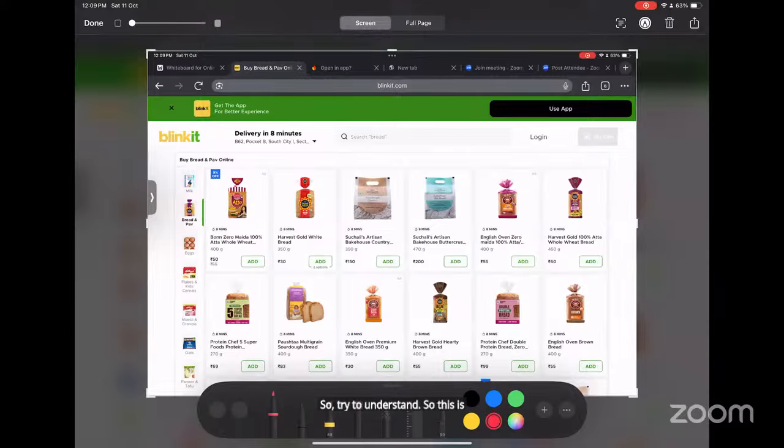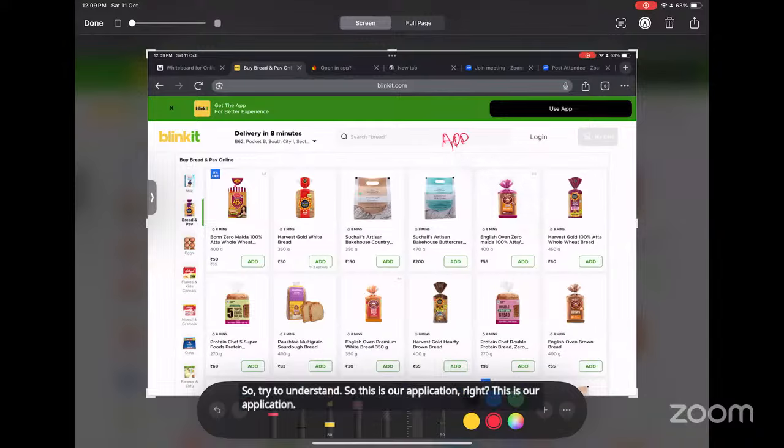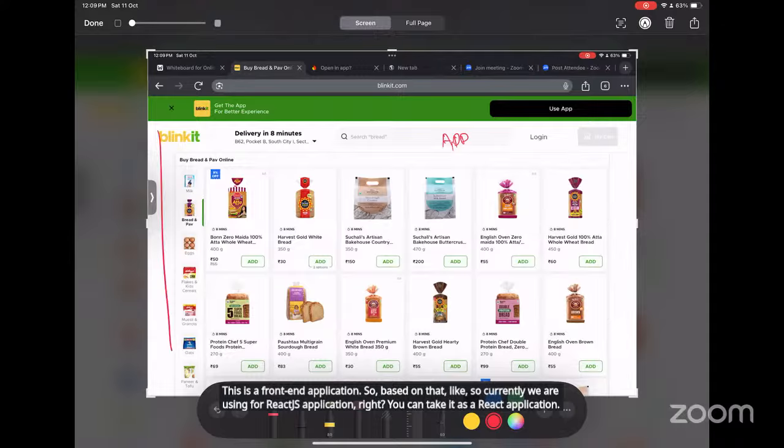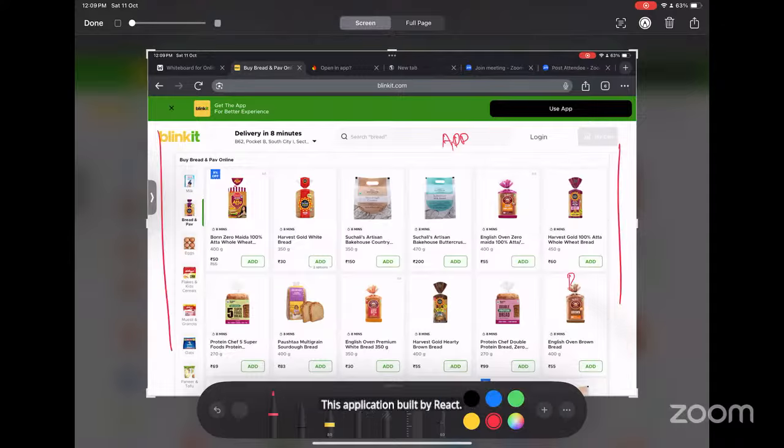This is our application, the front end application. Currently we are using a React.js application, so we can take it as a React application. This application is built by React. So these are the items.